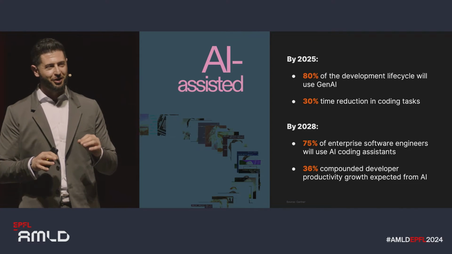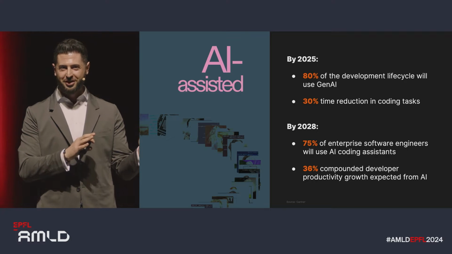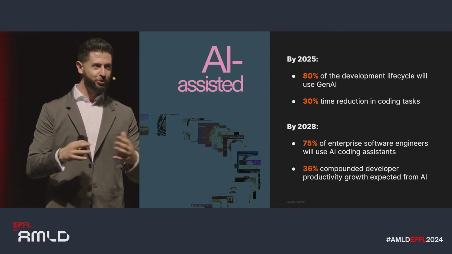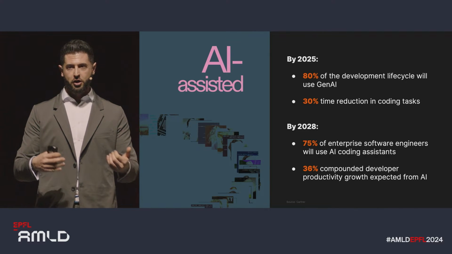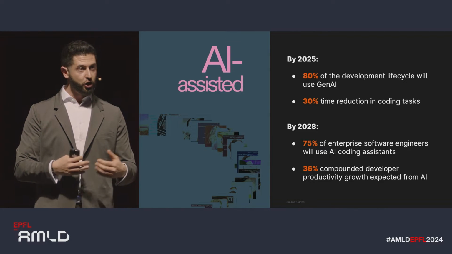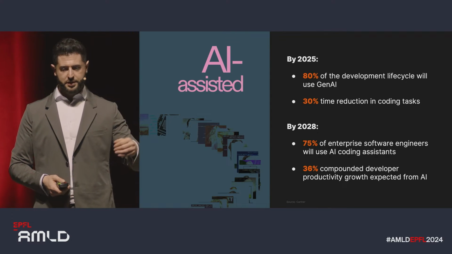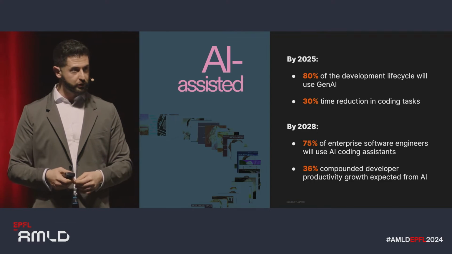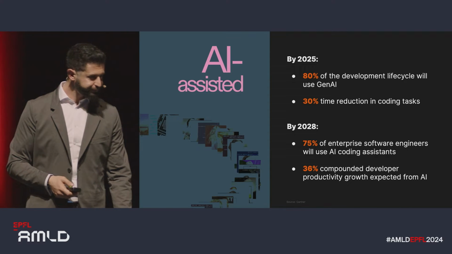Now, pay attention to what I said. I'm not claiming that 80% of the software lifecycle will be replaced by Gen AI. I actually don't believe that. I don't think we're all going to lose our jobs next year. It's rather that a lot of these steps are going to be enhanced by Gen AI. A lot of the tedious factors are going to be gone. And in parallel, of course, we're also seeing a sizable reduction in the time it takes to write code. These numbers are only bound to grow over time.